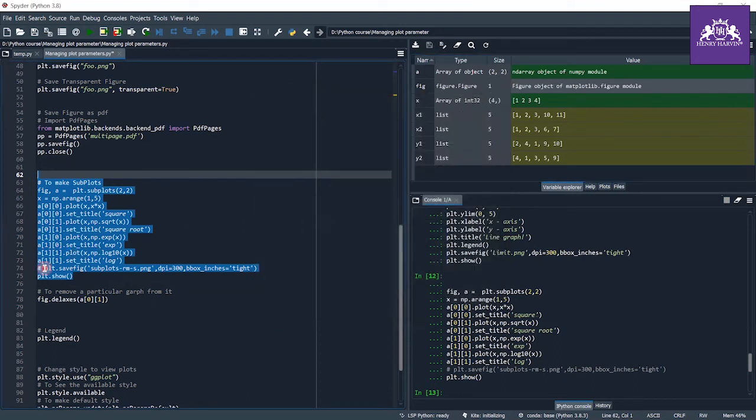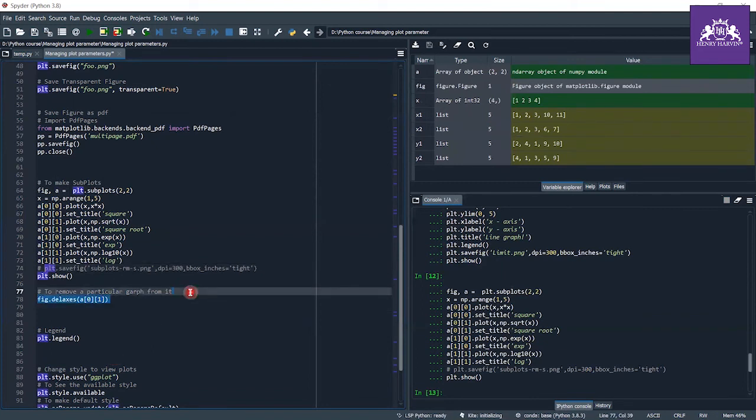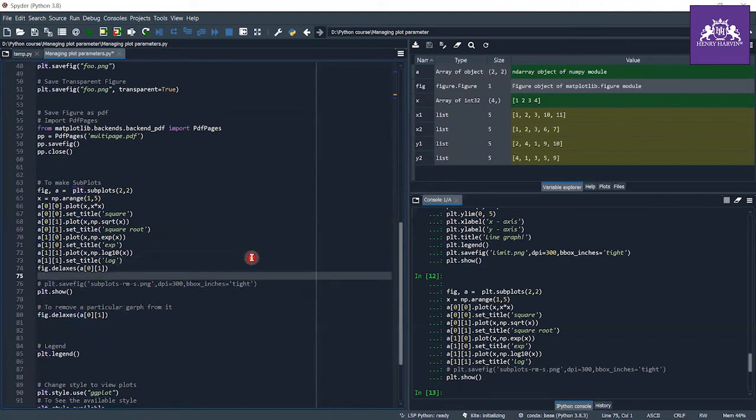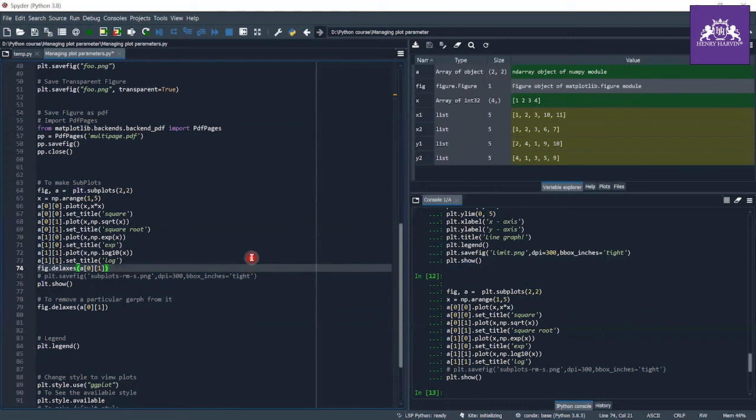And when I mention plt.savefig, this subplot will get saved, and if I don't, then this subplot isn't saved. Let's say after specifying all of this, I don't want to show the zeroth row first column graph.